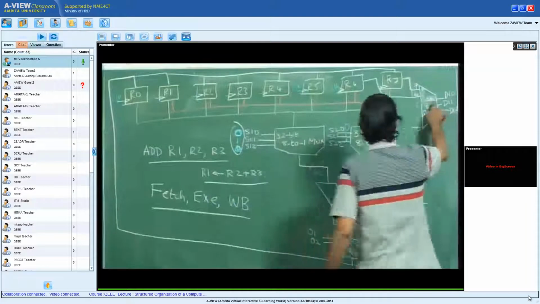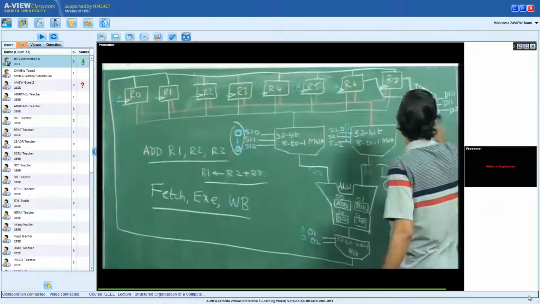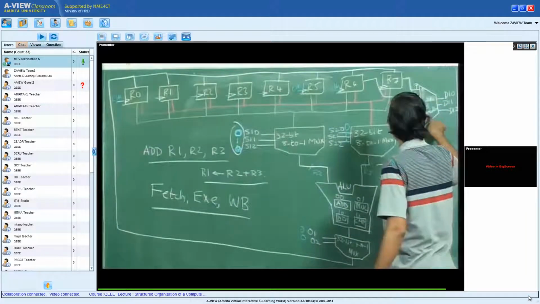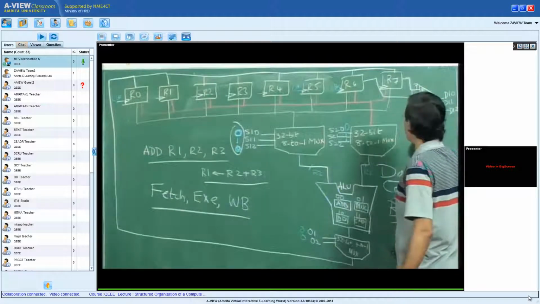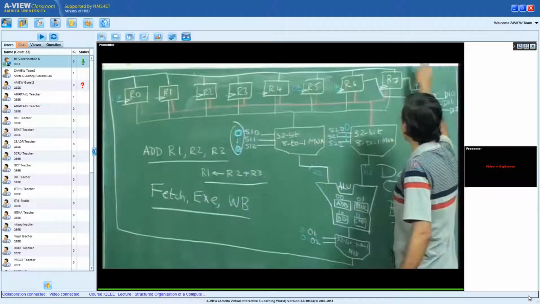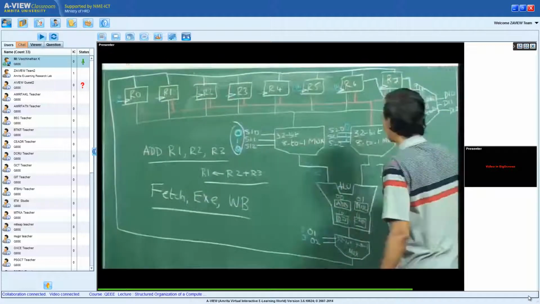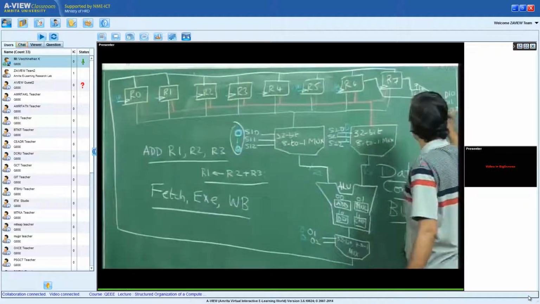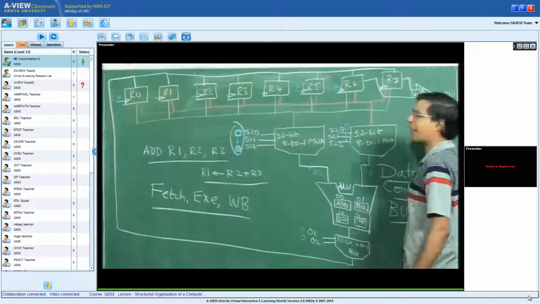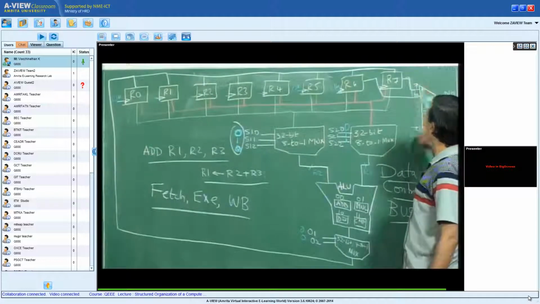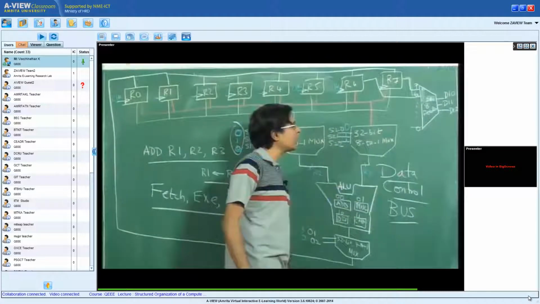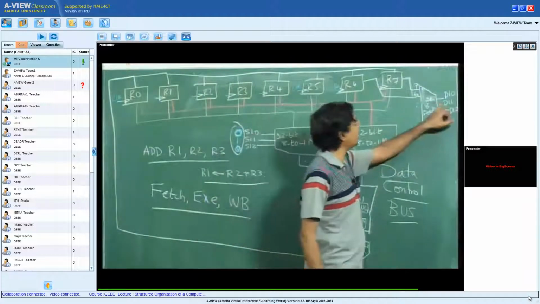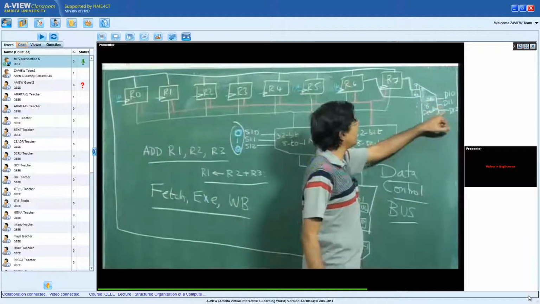This is a 3 to 8 decoder. A 3 to 8 decoder is a circuit. When I put 0, 0, 0 here, the 0th line will be 1 and the remaining 7 lines would be 0. If I make 0, 0, 1, the first line here will be 1 and the remaining lines would be 0. So a decoder is a circuit in which, given the input, the corresponding line is selected.